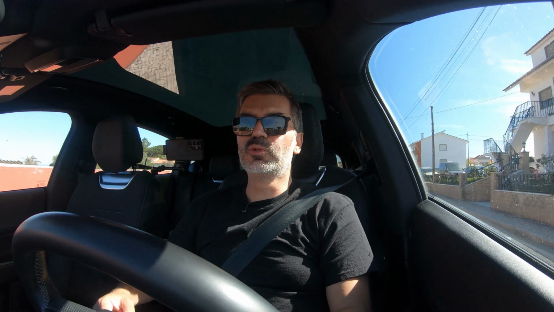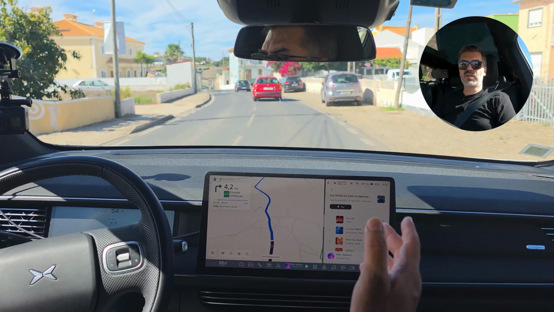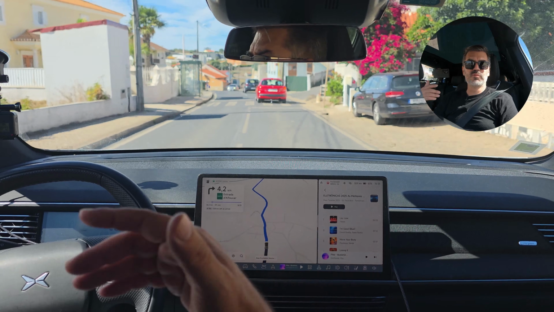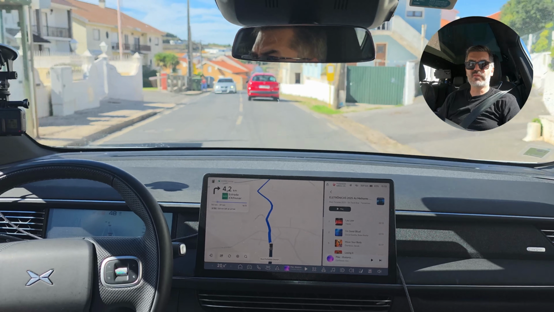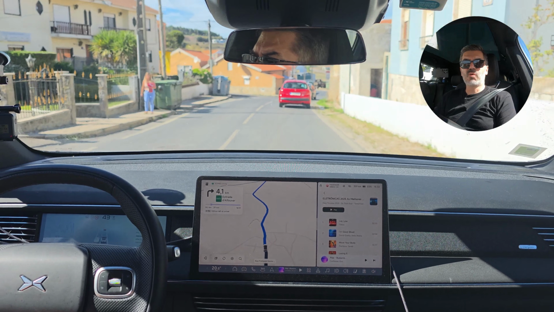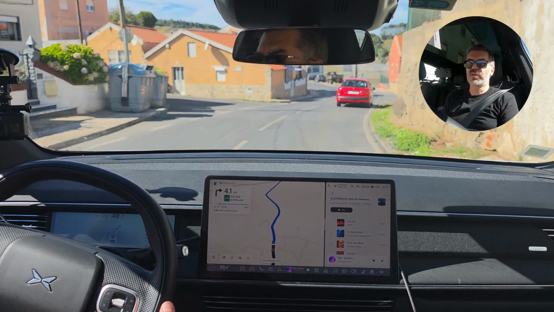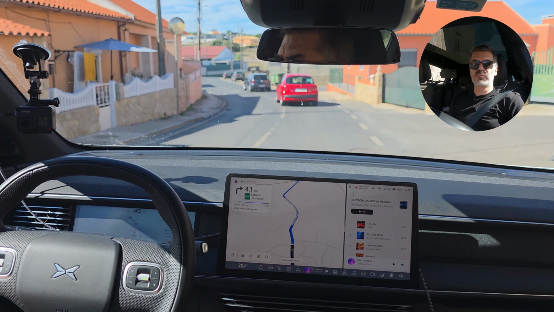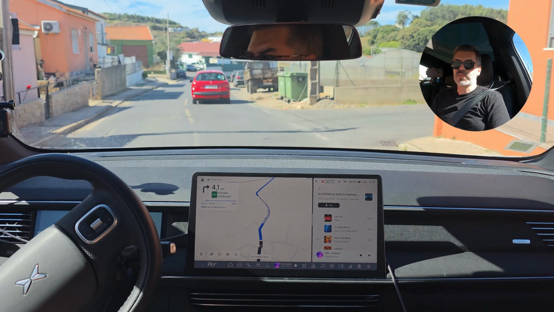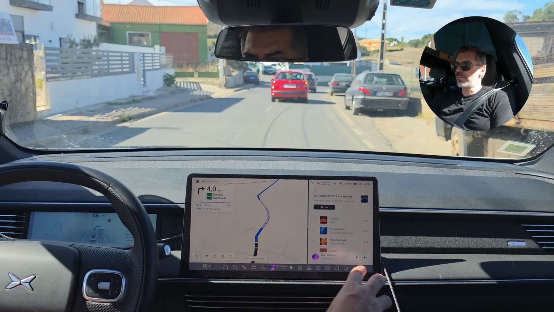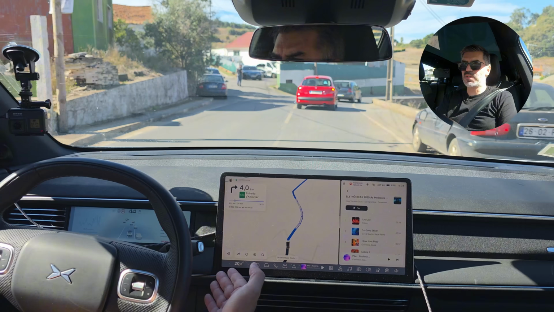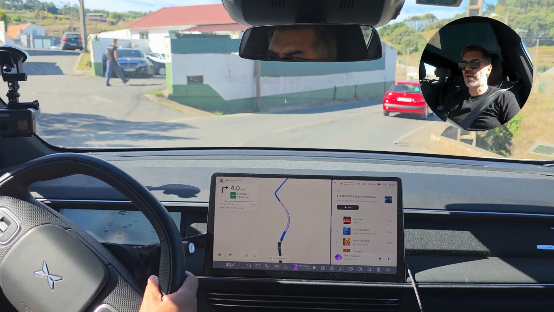But when my kids are in the car, as there is no physical button for changing volume, I decided to put a volume shortcut over there so that they can easily change the volume of the music or whatever, on their seat, instead of reaching out for the wheel, because sometimes that can be dangerous. And of course I have the AC control right here where I need it,